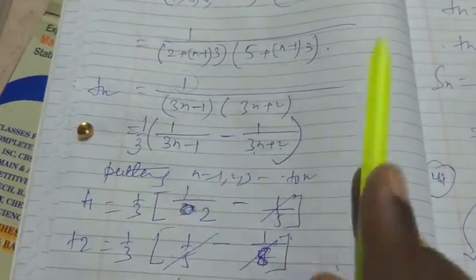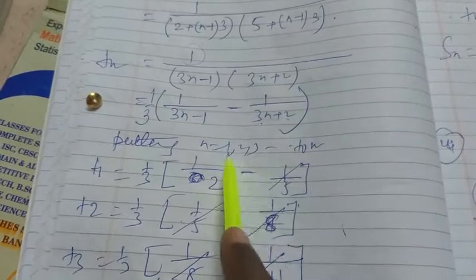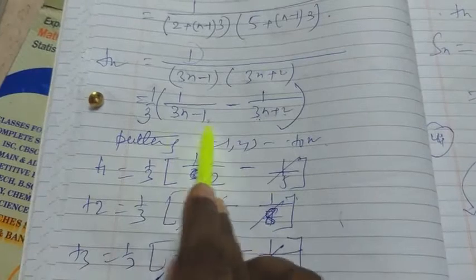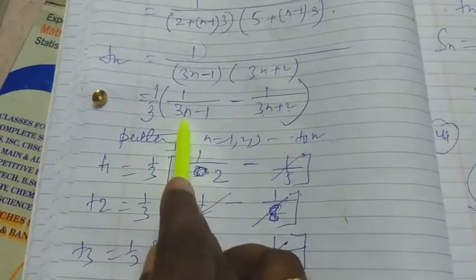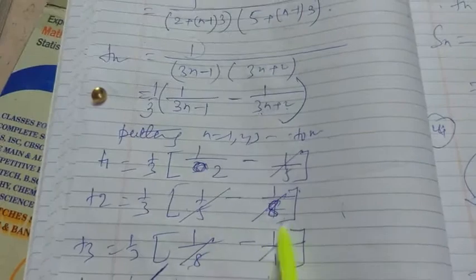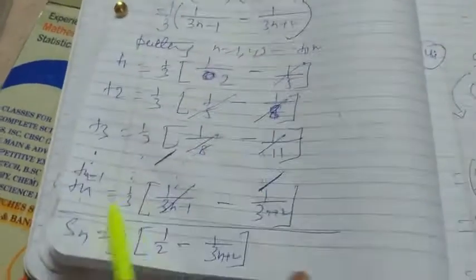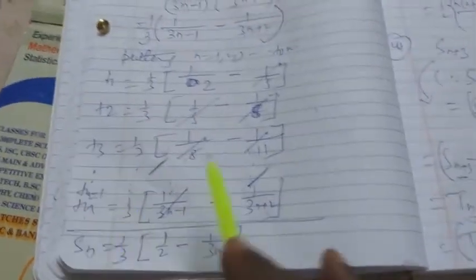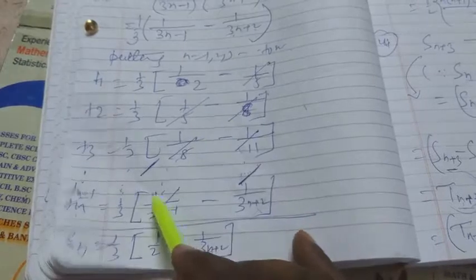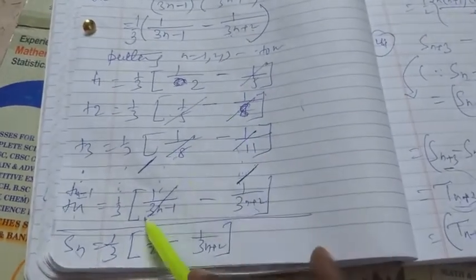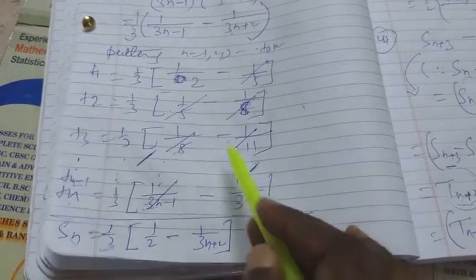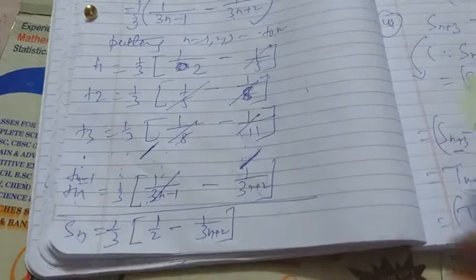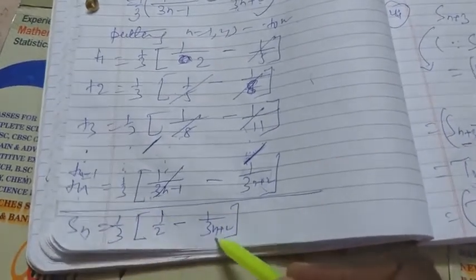উই গট দ্য নিউমারেটর পার্ট ইজ 3, সো ক্যান্সেল দ্য 1 by 3, and putting n equal to 1 2 3 dot to n, and putting n equal to 1 this term we got this, এই 1 বসালে দেখো এই পেয়ে যাবে, if we put the value 2, times of 3 minus 1, 2 times of 3 plus 2, we got this, and also 3 we got this, and dot to nth term is this, and see here if we sum this, that's called Sn, and ক্রসে দেখো এইভাবে কেটে যাচ্ছে, ক্যান্সেল আউট হয়ে যাচ্ছে, সো এইটা ক্যান্সেল আউট হবে প্রিভিয়াস টার্ম অফ দ্যাট, সো উই হ্যাভ লেফট দিস 1 by 2 and also this মানে স্মলেস্ট টার্ম and biggest term in form of n, যেটা দাঁড়িয়েছে 1 by 2 and 1 by that, ওকে, সিম্পলিফাই করলে তোমাদের ভ্যালু চলে আসবে।